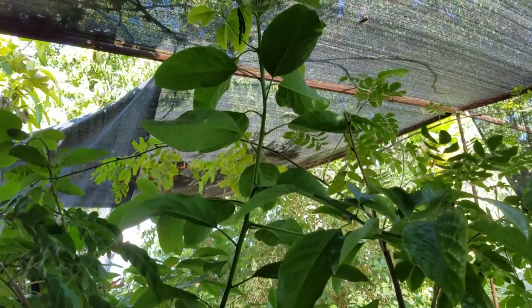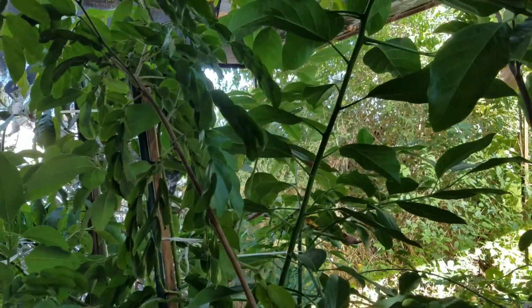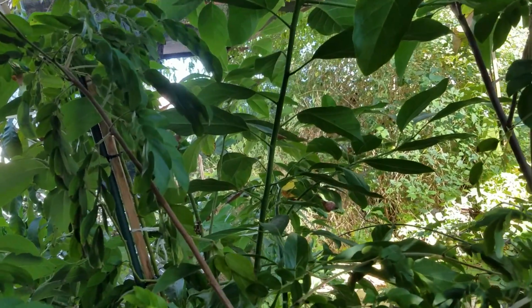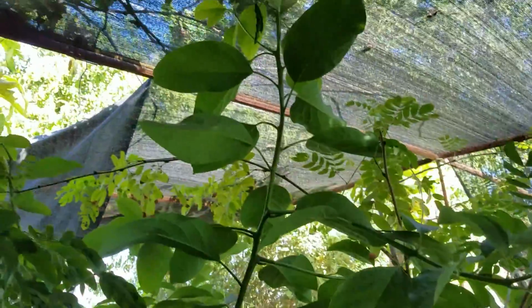I mean, you can winter protect them both, but I didn't cover any of these guys because I really want them to be strong. I would rather them die now than invest like 10 years into something, covering it and protecting it, and then it dies from one winter because you finally let it out. Whereas these little guys, I'd rather them die while they're more or less under their purchase warranty. So yeah, now that I've got these guys to work and I'm pretty successful at avocados,